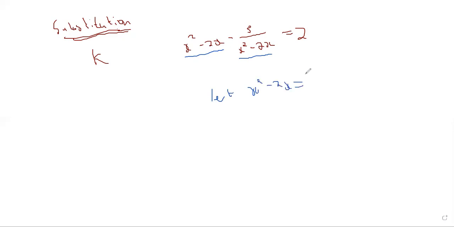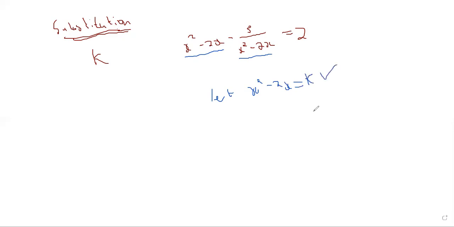And then after finding that repeated expression, you substitute it with a particular variable, but we like using k, right? So let's say, for example, they give you something like x squared minus 2x minus 3 all over x squared minus 2x is equal to 2. From here already you can see that we have something that is repeated. We have x squared minus 2x, x squared minus 2x. So already you can say let x squared minus 2x be k.